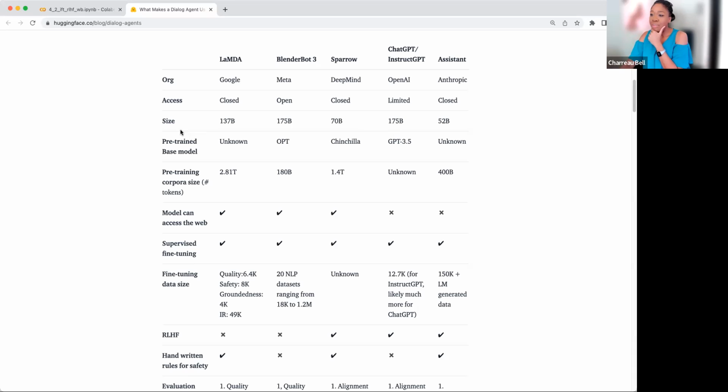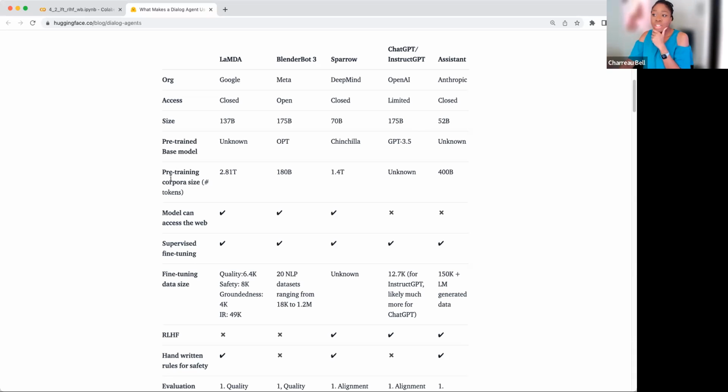Also, we can see the pre-trained base model. Yesterday, there was a question about which base do I use? That is a really great question. And again, it's going to depend on some of your knowledge of the internal working of the model, if that's something that you're focused on. Otherwise, it's just going to depend on your experimentation and the sizes that you're able to accommodate in terms of compute for training, if that's something you needed to do.